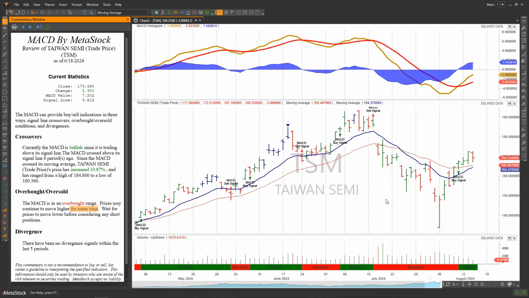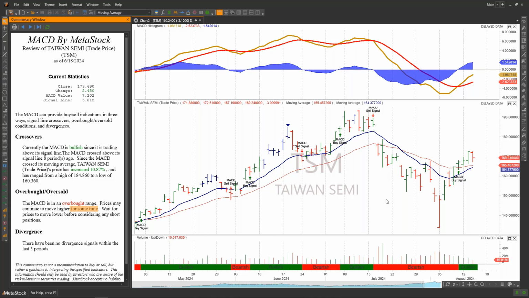That's why I talk a little bit about this, and he calls MACD divergence the most powerful signal in all of technical analysis as well. So I'm going to talk a little bit about how he defines divergence and how you can look at it on your chart. I actually see a pretty good example here.